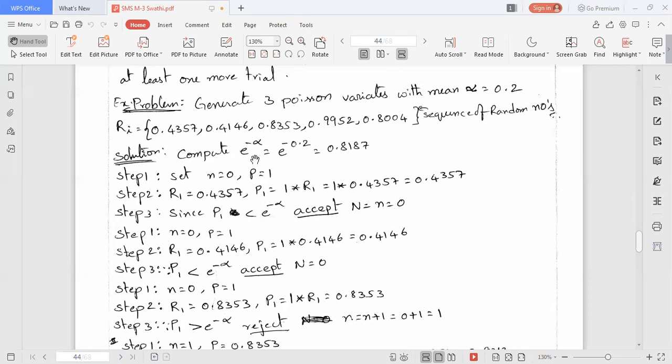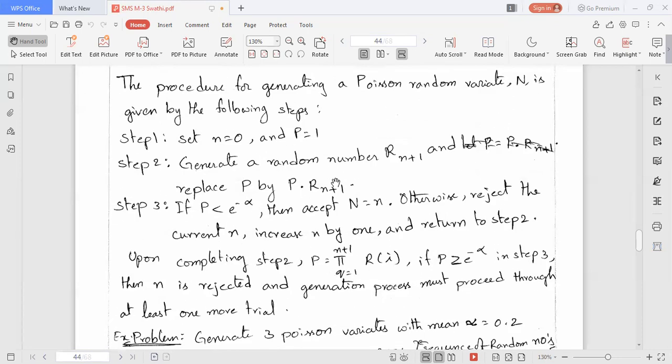To generate the Poisson variates, first we need to compute e power minus alpha, because we want to compare the p value with e power minus alpha.